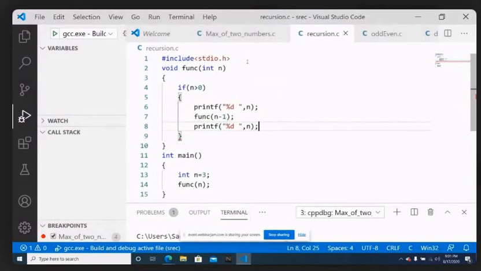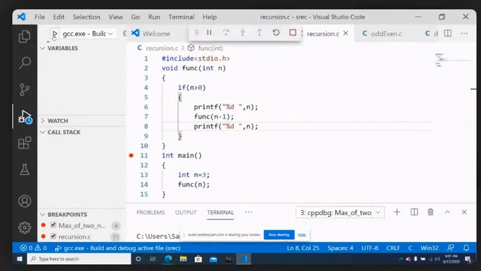Okay, this is the same code that we discussed there. Whatever process happened there, I will show the same process which is happening inside the compiler. So once again, I'm going to repeat it, but inside the compiler, I'm going to show you visually how it is happening. Okay, fine. So I'm going to start the process again.